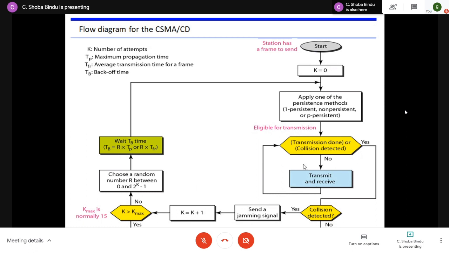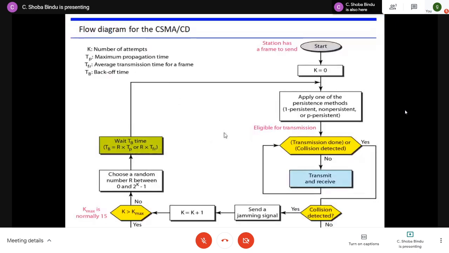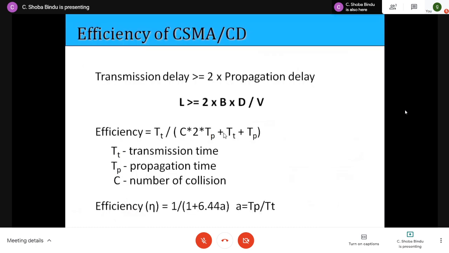So simultaneously, a station has to send the data as well as sense the channel and receive the data from the channel. So this is the CSMA/CD protocol, which is used in standard Ethernet. When we look at the efficiency of the CSMA/CD protocol, we said that the transmission delay has to be greater than or equal to 2 times the propagation delay. That is, the length of the frame should be greater than or equal to 2 times the